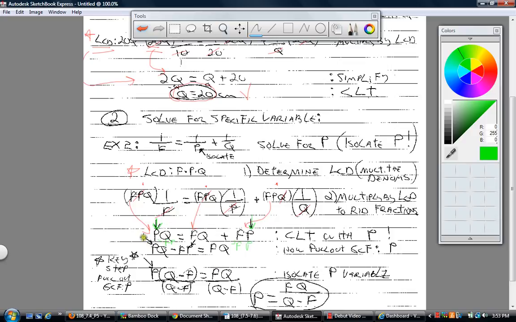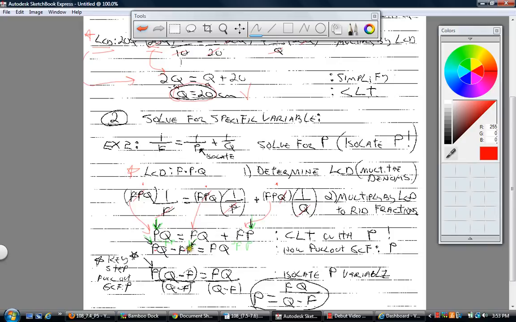You're looking at it, and again, I'm going to go in green mode. What are you solving for? Isolating the P variable. You say, great, it's on the left-hand side, but it's in two different terms. What am I supposed to do? And then hopefully you have a moment of lightning bolt striking you. And here's where I'm happy that you look at the two terms PQ and FP, and you realize there's multiplication going on, and therefore